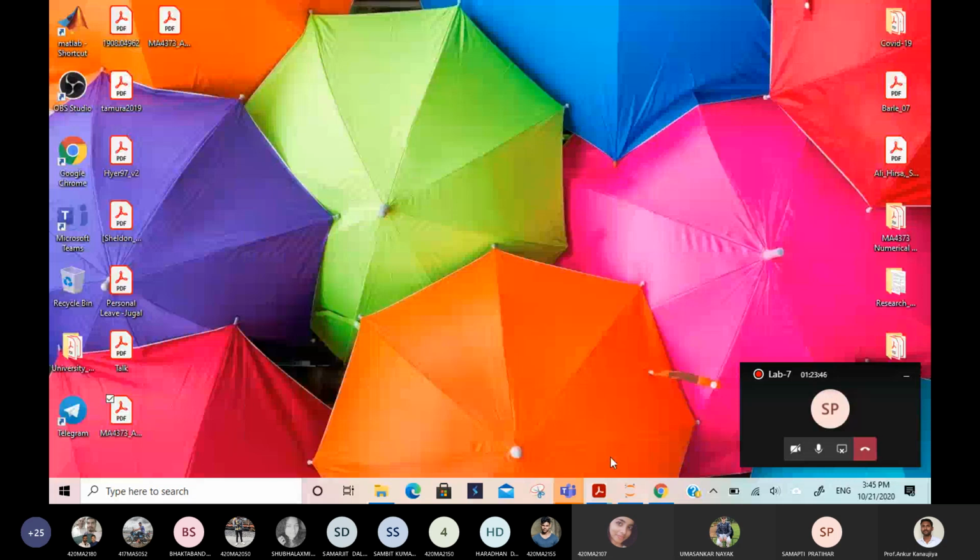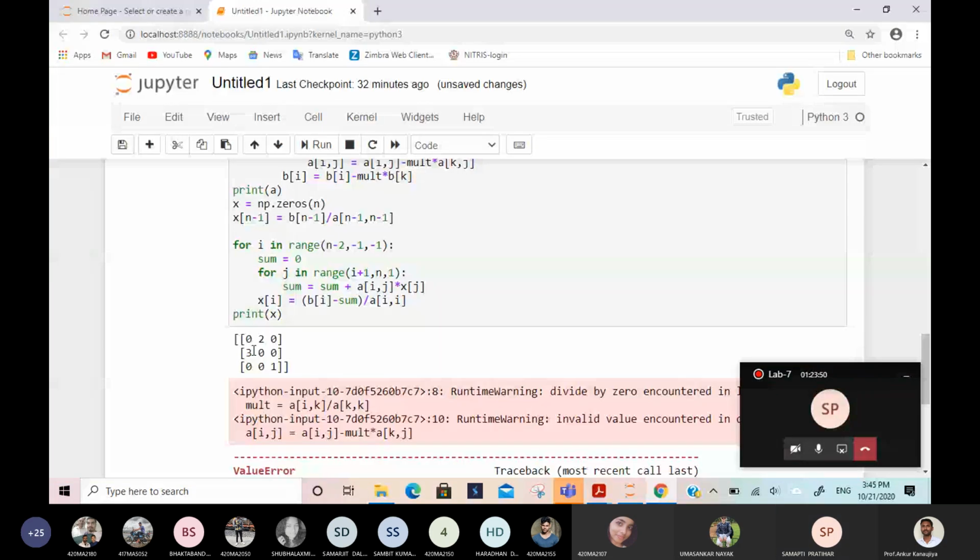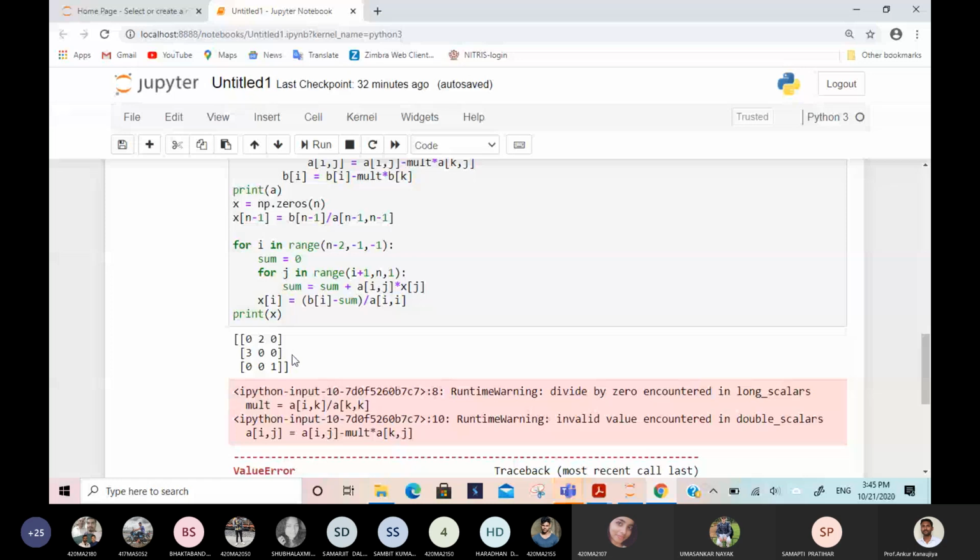But the question is, which row do we have to interchange? Second row or third row? Second. Why? Second to first, because a11 is non-zero.